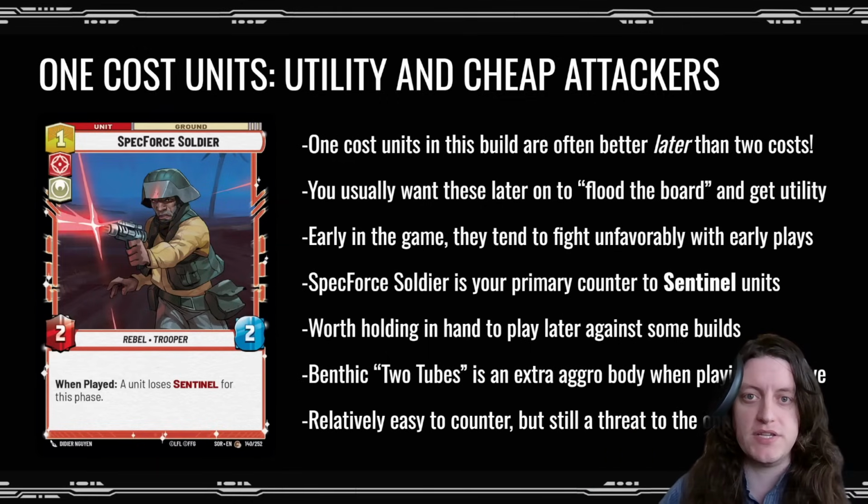So Spec Force Soldier here is your primary counter to Sentinel units. He is a 1-cost 2/2. When played, a unit loses Sentinel for this phase. This is actually worth holding in hand to play later against some builds if you know they have a bunch